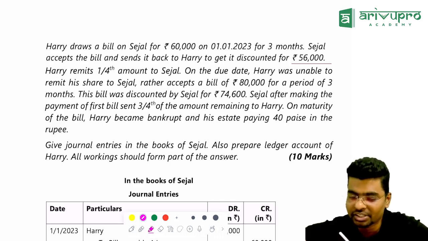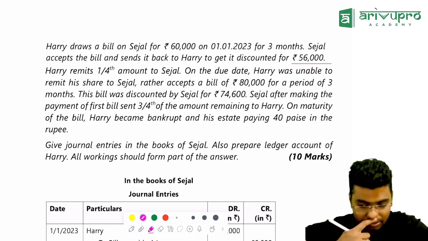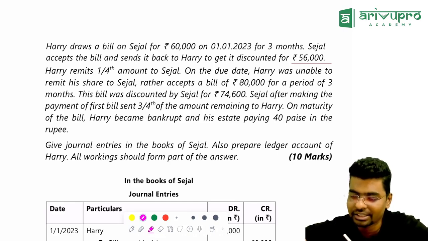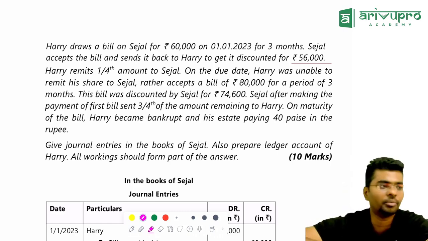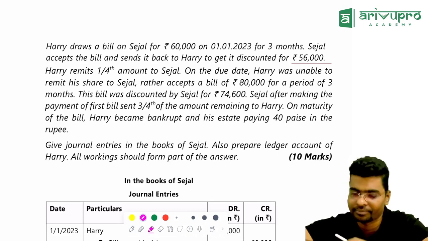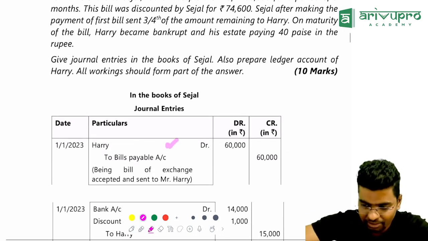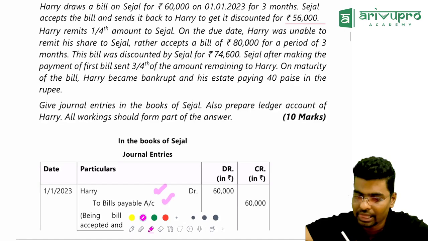What's the journal entry? First one. They are asking you the entries in the books of. For Sejal, it is bills payable, bills receivable. Is that correct? Okay. So what will be the journal entry for bills payable? So the first entry will be Harry to. Next one,